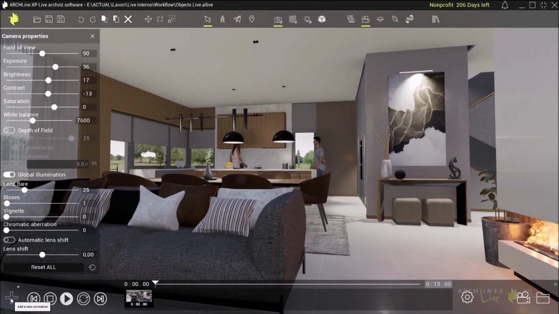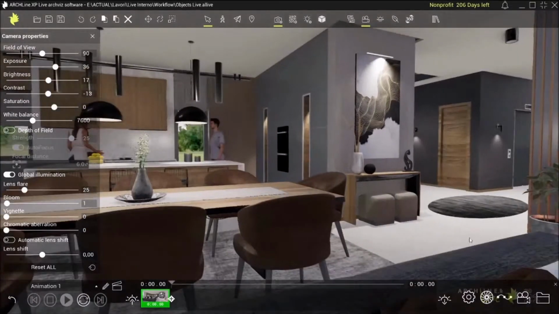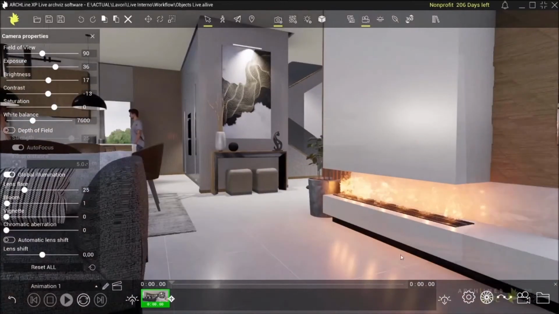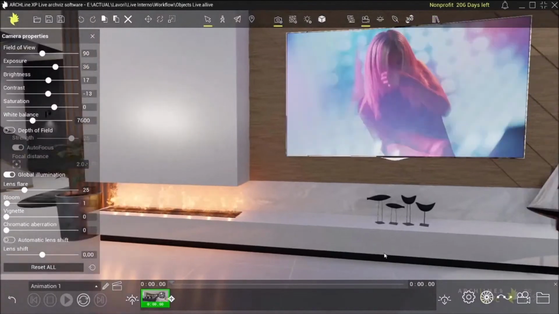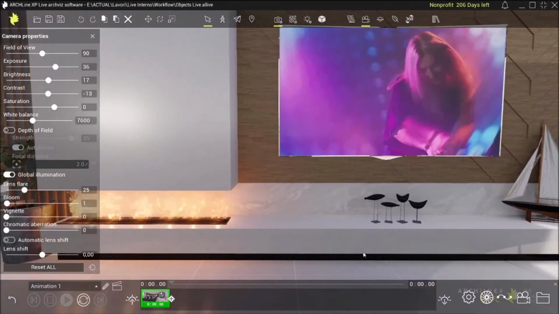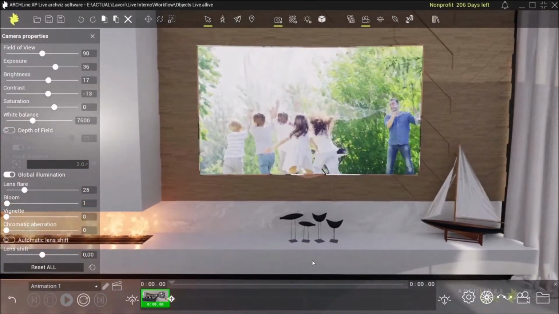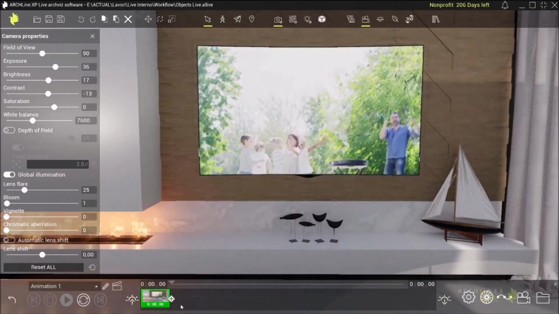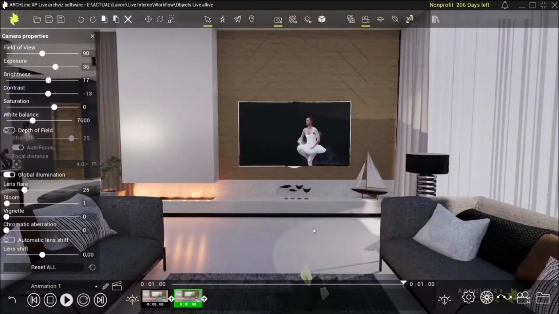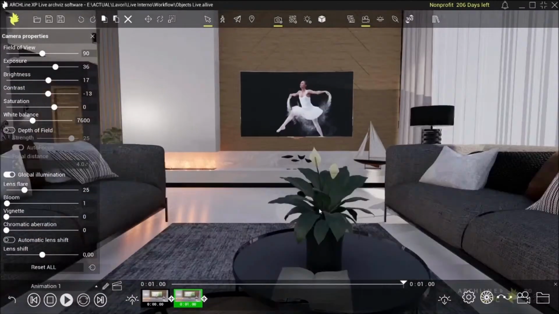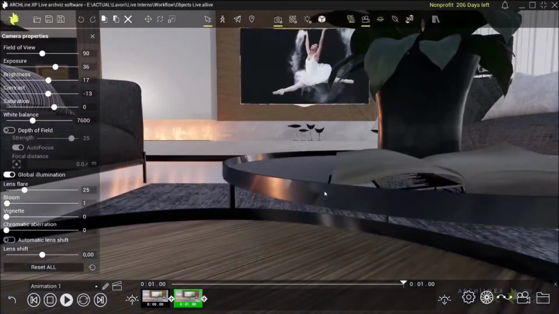So the same way, you can create a new animation. You can create as many animations as you would like to, and then you can stitch them into one single video file in the end. So I'm creating the new animation, the second animation, and this second animation is the one that I'm going to set up starting from the TV shot, for example, and the second, the ending keyframe will be somewhere behind